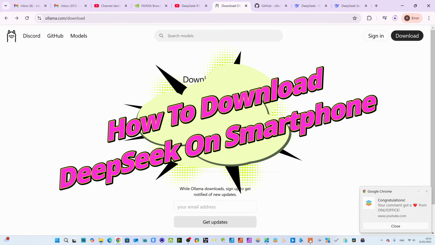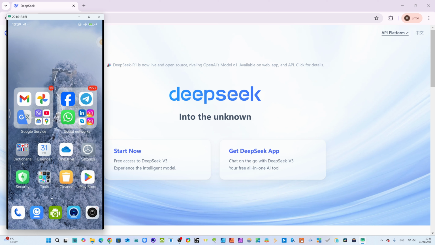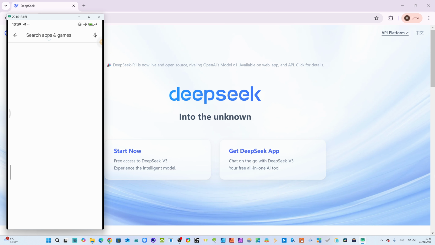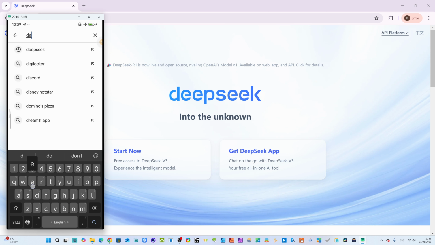Hello dear friend, we have come to our mobile now. For DeepSeek AI, we have come to our Google Play Store here. We'll just click here and type DeepSeek AI. DeepSeek AI, we will click. You see this is ChatGPT online. Here you see DeepSeek AI. We have to come to the page here, and you can read about this app.